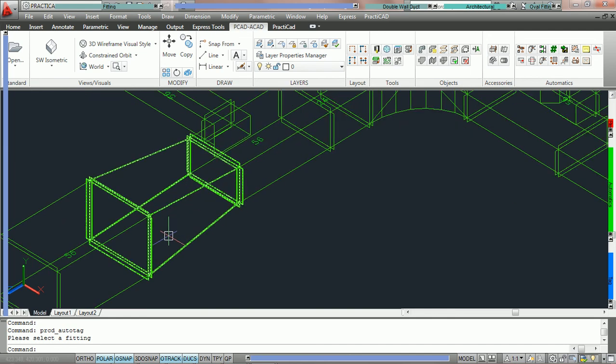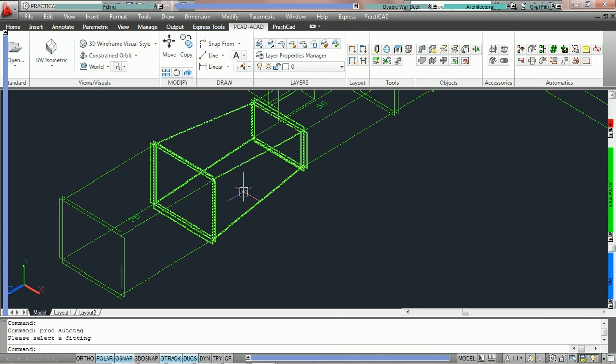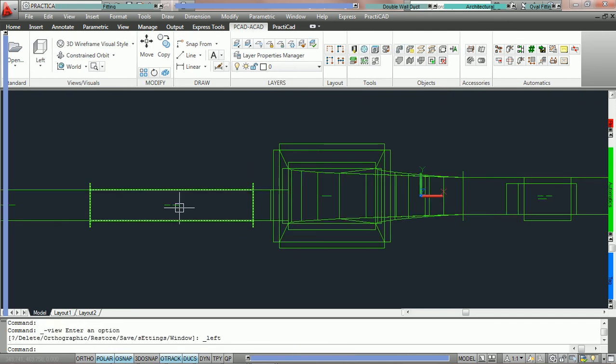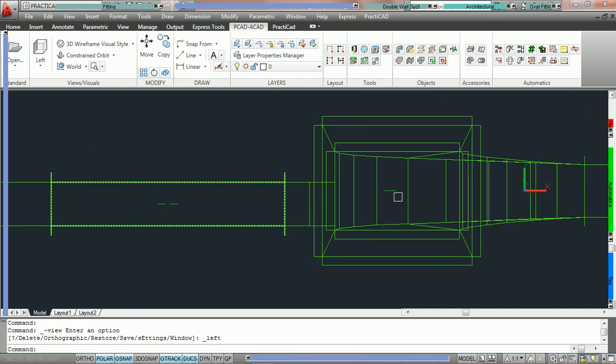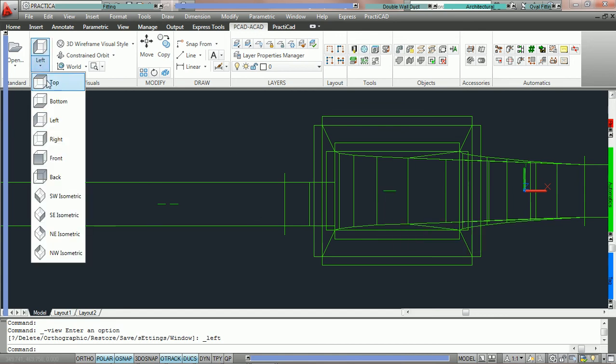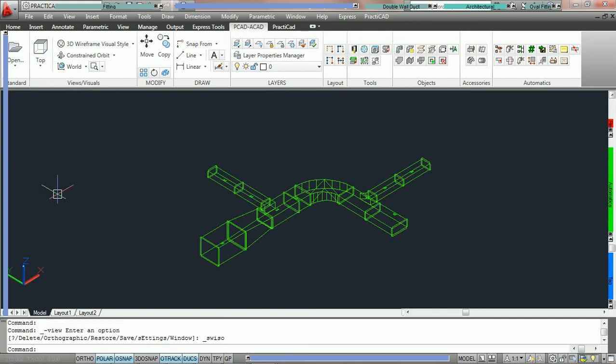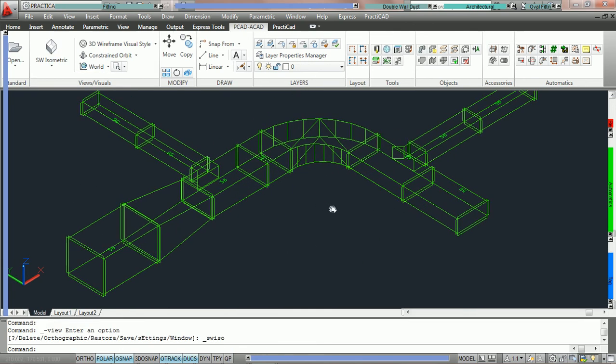However, because the axis Z is 0, the tag is in the dead center of the duct. And once again, if we put this on the left view, you can see that the tags are all placed perfectly in the center of the duct if that parameter happens to be 0. Now what we'd like to do is make it so that we can have PractiCAD help us